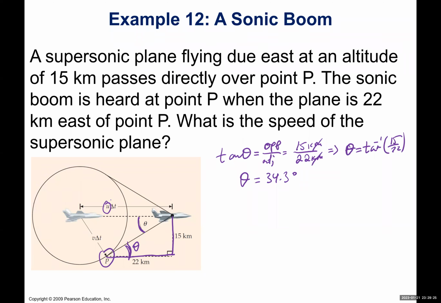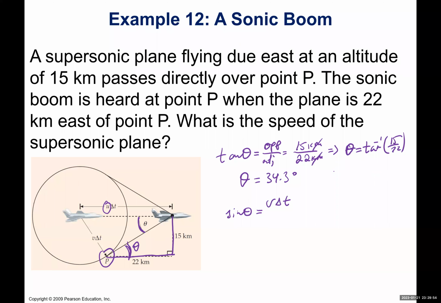We can assume that the time interval is the same for both plane and sound. By the time the sound reaches point P is exactly the same time as the plane covers that 22 kilometers. So sine of theta equals v delta T, where v delta T represents the distance